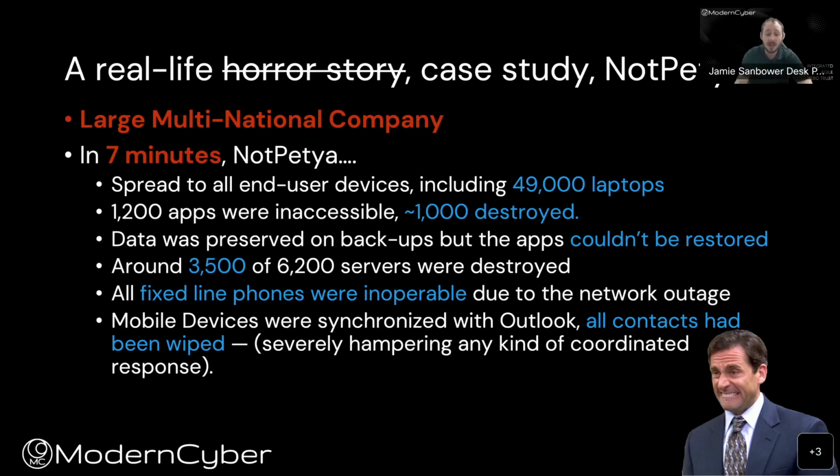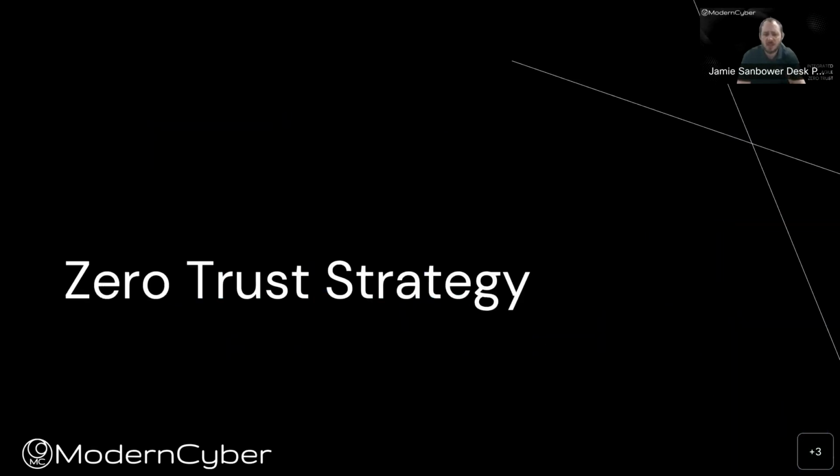So none of the contacts that people had on their personal phones or business phones actually had contacts within the organization. Now, I don't care how fast you type, I don't care how quickly you get a notification and you try to block a threat, you're not going to be able to respond to this type of threat that quickly. And this is where something like Zero Trust really comes about.